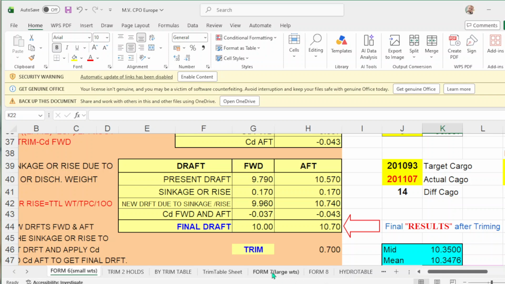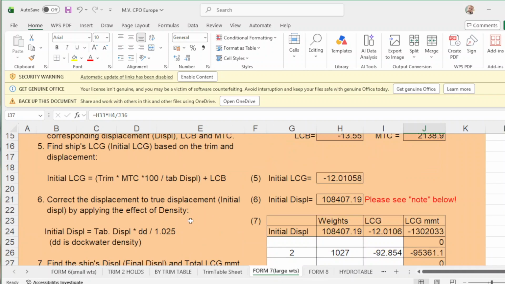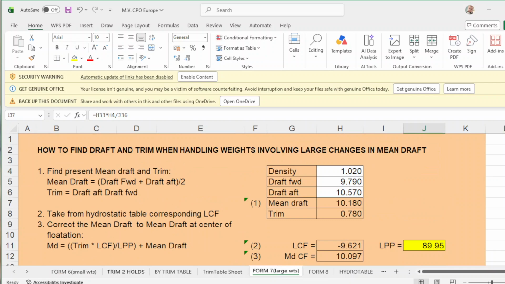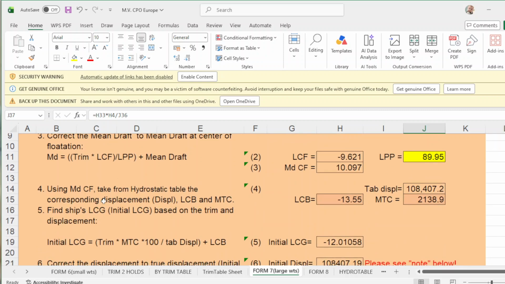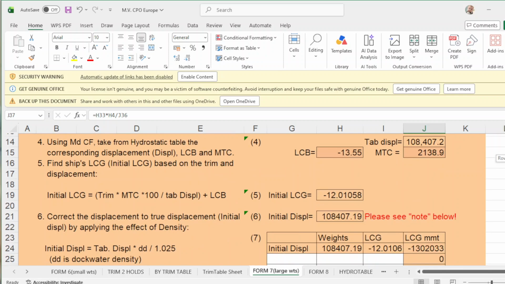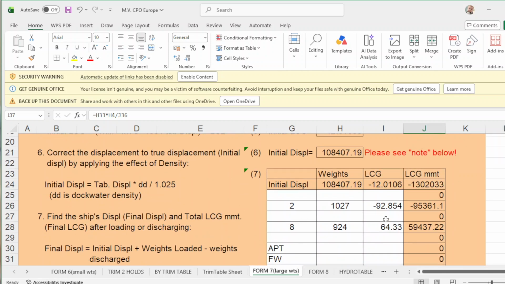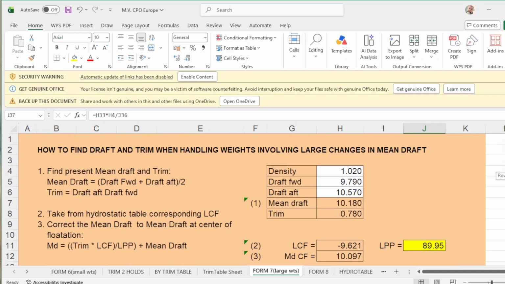So again, for number 7, this is one. How to find drop and trim when handling weights involving large changes in mean drop. If you follow this procedure here, you will get the exact answer. So follow this one, then you will get this value here, and so with this one. So you will never get lost.